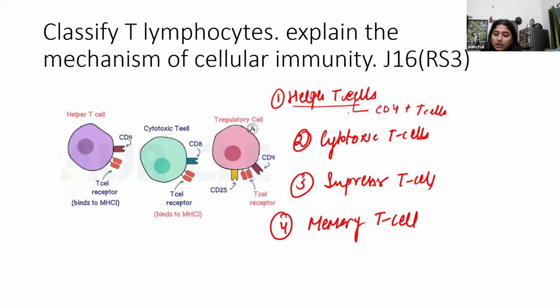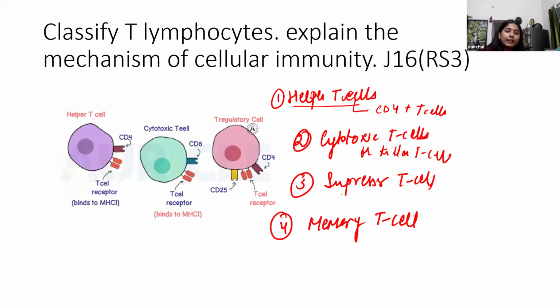Okay, so another we have cytotoxic cells. Our cytotoxic cells are also known as killer T cells, right? And they are also known as CD4 T cells because of the presence of CD4 receptors on their surface. And another two we have suppressor T cells and memory T cells. The suppressor T cells are responsible for providing the suppressive activities, whereas the memory T cells are responsible for the production of antibodies.